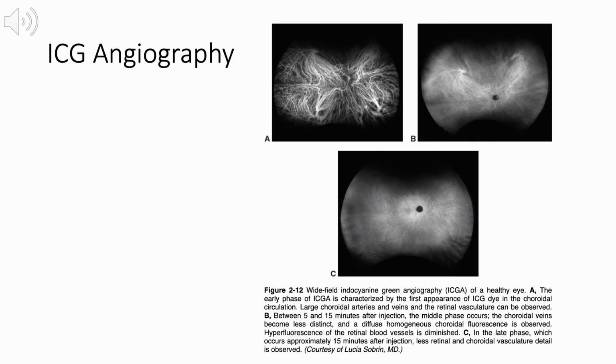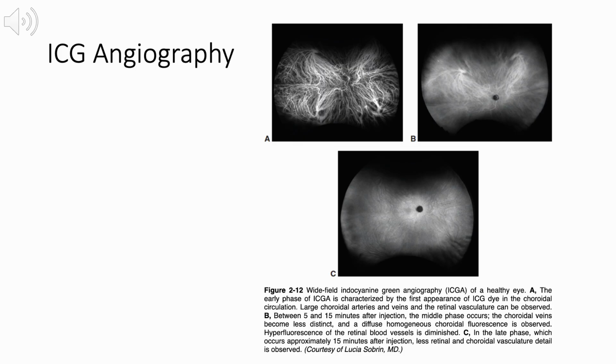To further illustrate indocyanine green angiography, this slide presents wide-field ICGA images of a healthy eye across different phases of the study, highlighting how choroidal visualization evolves over time. Panel A shows the early phase of ICGA, characterized by the initial appearance of indocyanine green within the choroidal circulation. In this phase, large choroidal arteries and veins are clearly visible, and portions of the retinal vasculature can also be seen. The prominence of the choroidal vessels reflects the strong intravascular retention of ICG and the enhanced penetration of near-infrared